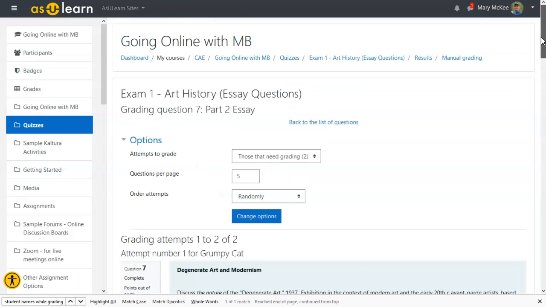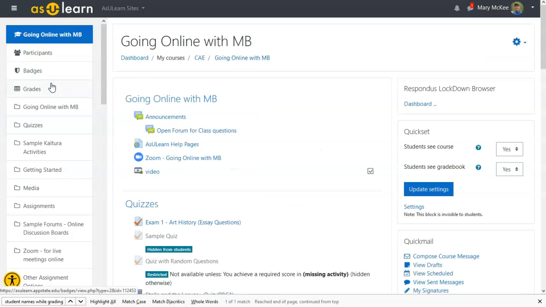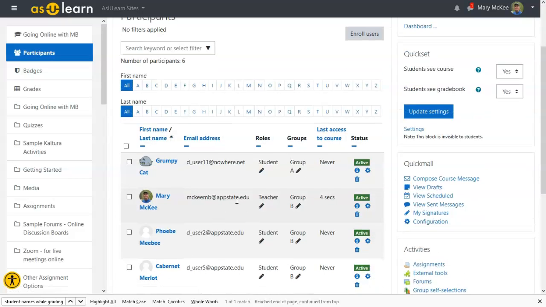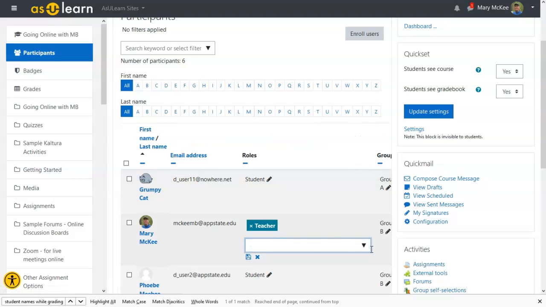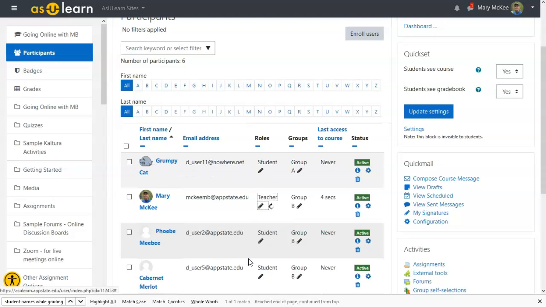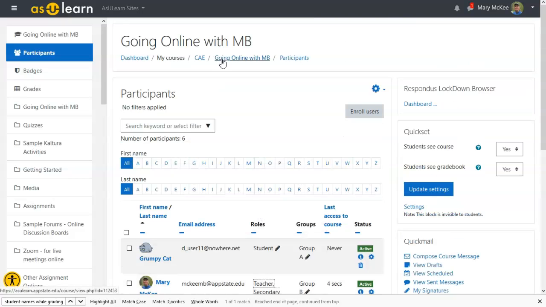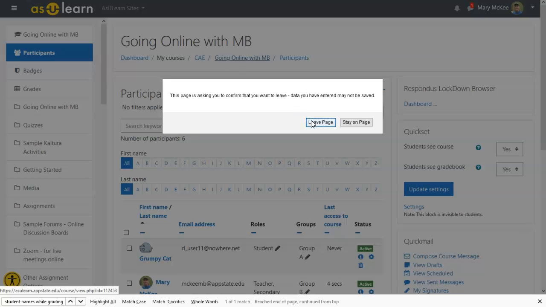My first step, I'm going to scroll up. I'm going to return to the main course page. I'm going to click on participants. Right now I'm just a teacher within this course, and what I'm going to recommend is that you click the pencil below teacher and add yourself as a secondary teacher, and then click this icon to save that. So now I have two roles. I'm going to return to the main course page,